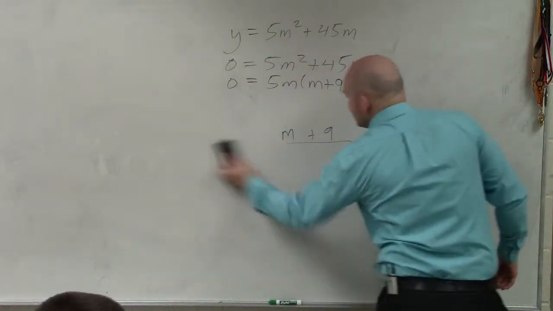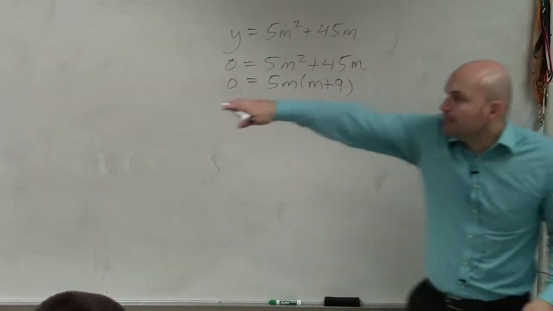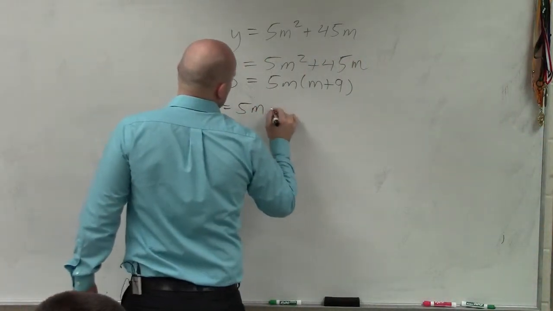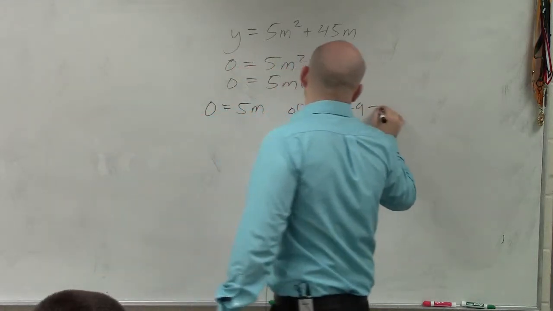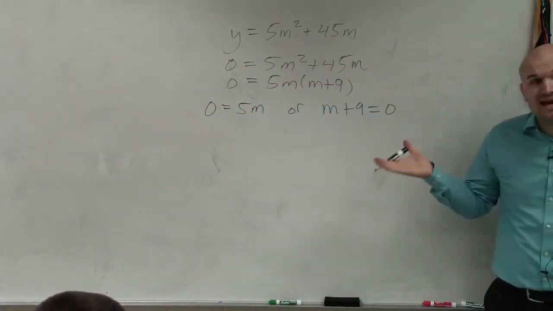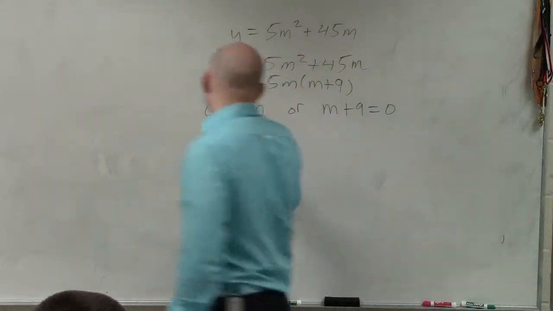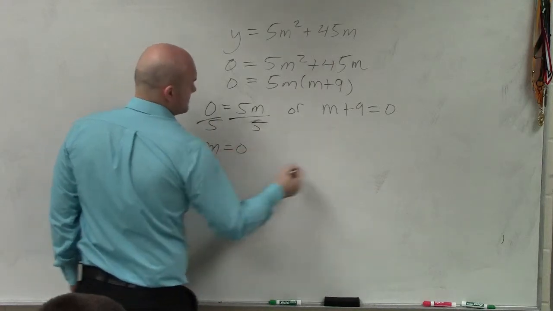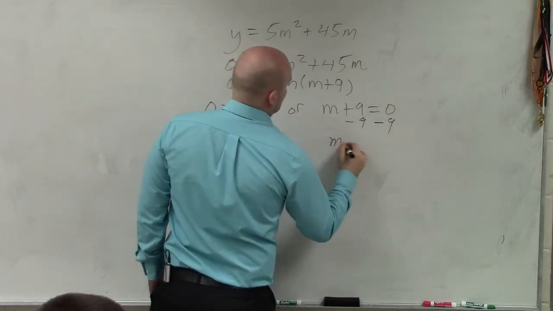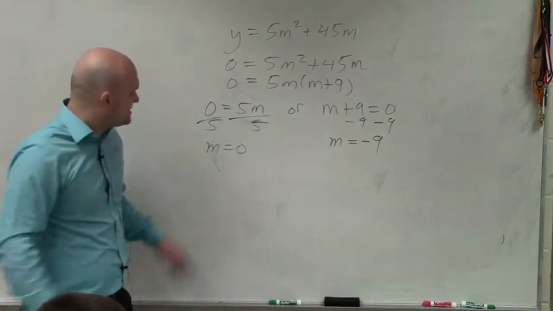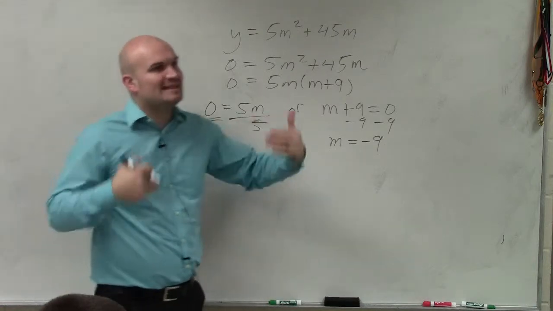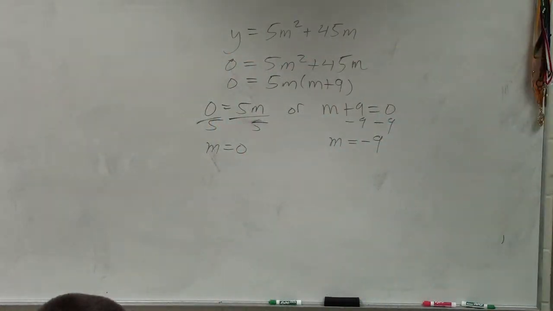Since it's now set equal to 0, I can now apply my zero product property and set both of them equal to 0. Now that I have them both set equal to 0, I can solve for m. So now you can say that m is equal to 0 or m is equal to -9. So you can actually find the values. That's why factoring is helpful. Because yes, factoring is nice to be like, hey, how do you